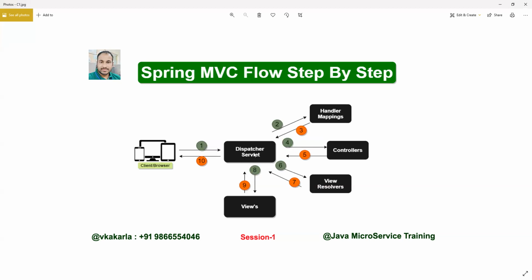After taking the view name, it will pick one of the views, like employee.jsp or employeeList.jsp. Whatever data is there, we will catch that data, and we will have the logic to expose, iterate and populate the data here. So it will take the view data and give the final response to the client or browser. That is how it works end to end, the end-to-end MVC flow. So do you have any questions here?